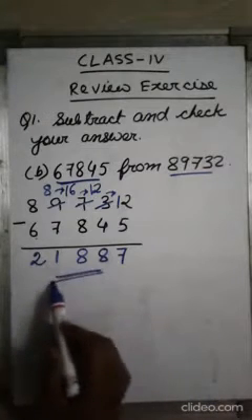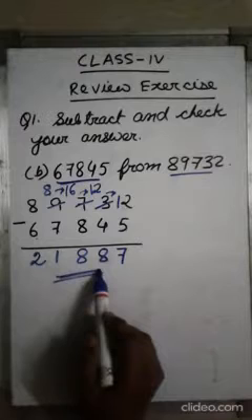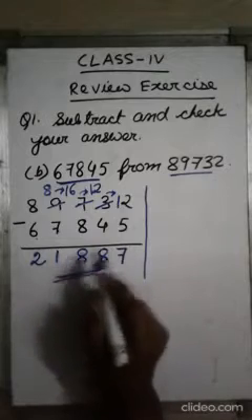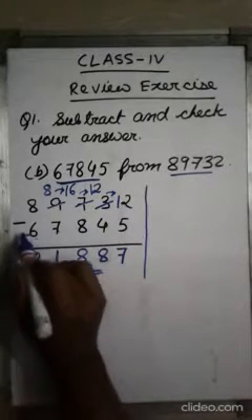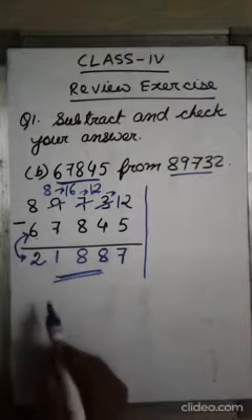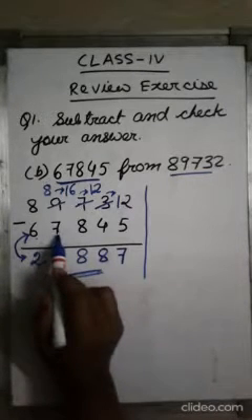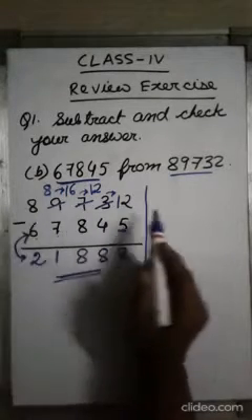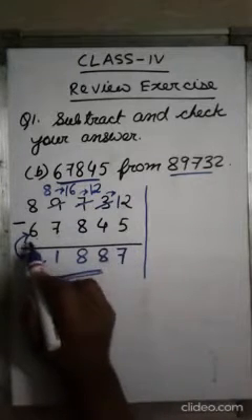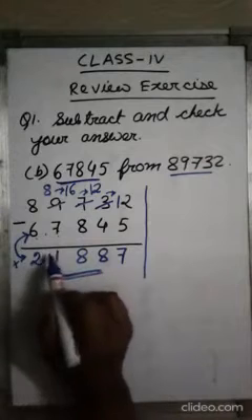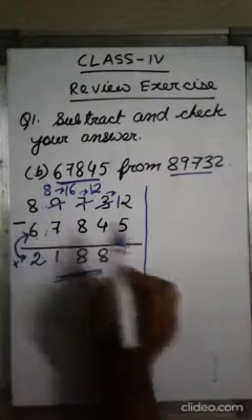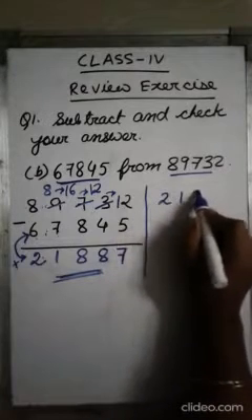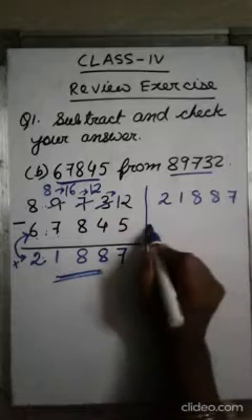Now we have to check if the result we have got is correct or not, if our sum is correct or not. For that, if I add the two numbers, this result and the subtrahend, then we should get the minuend. So let us check: if we add this number and this number, we should get this. On my right hand side, I shall write 21,887 plus